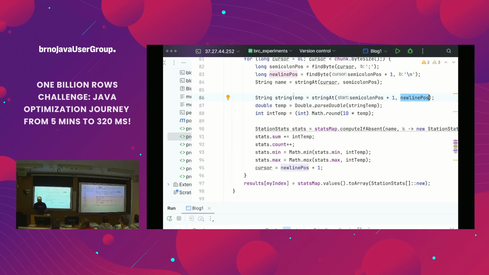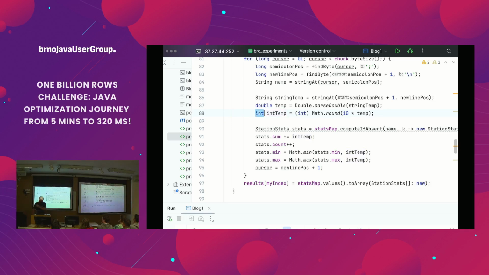So here we have a string with the temperature, we parse the temperature, and now we multiply it by 10. The reasons are not that important for now, but you can imagine that the temperature is now an integer, like what's called centigrades. Basically 10 degrees will be represented as 100, and 10.5 degrees will be represented as 105 as an integer.